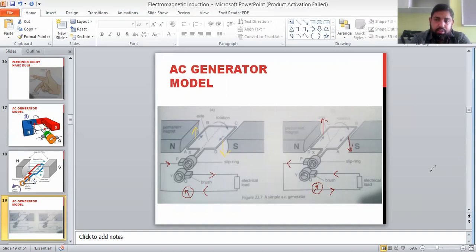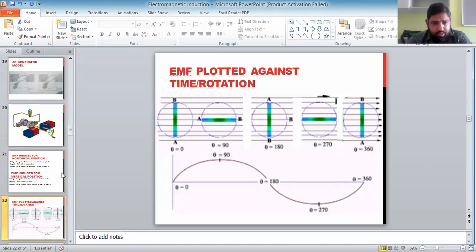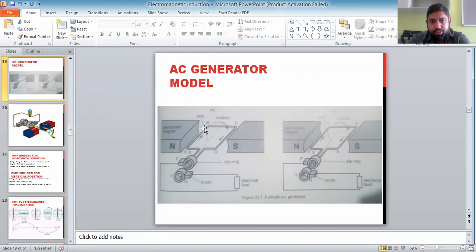This is one thing. Second, when the coil is vertical, what happens then? I will show another diagram for that. Yes, this one. Now, what happens when the coil is vertical? Now, see, all three components have to be perpendicular to each other. FBI. Now, identify in this diagram the direction of force upwards, the direction of magnetic field north to south or south to north, and then the direction. So all three are perpendicular to each other.